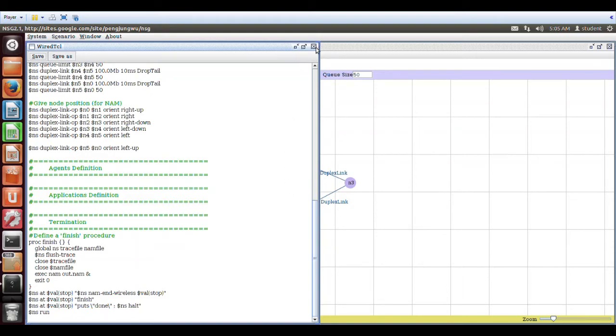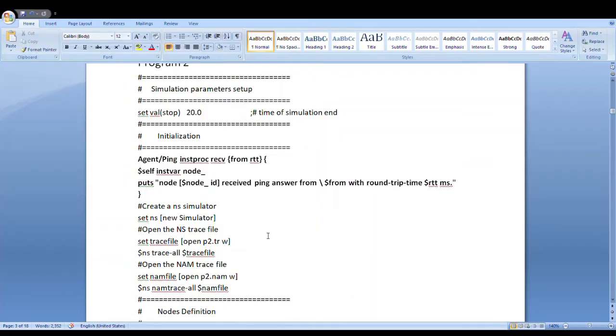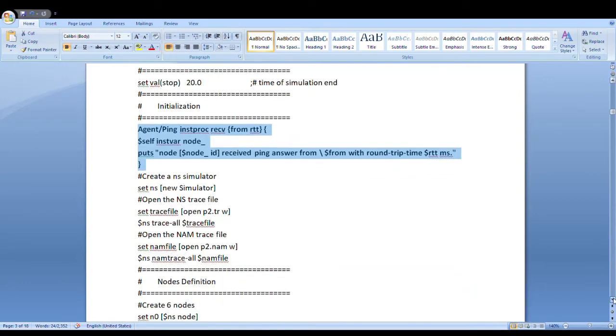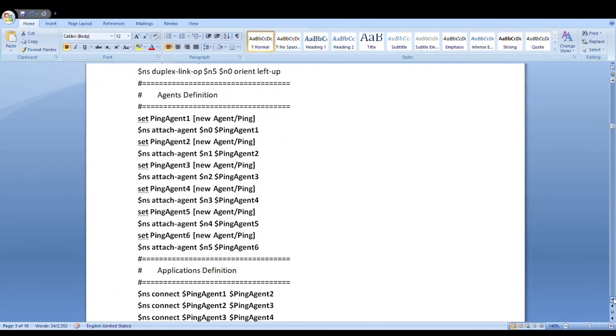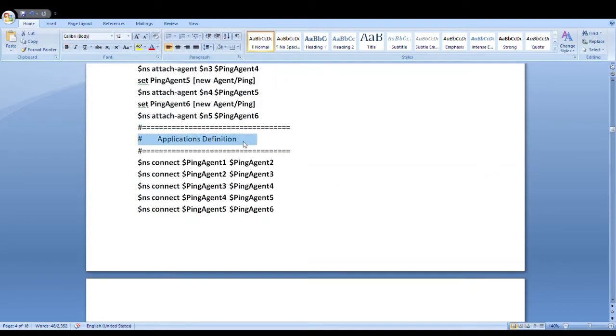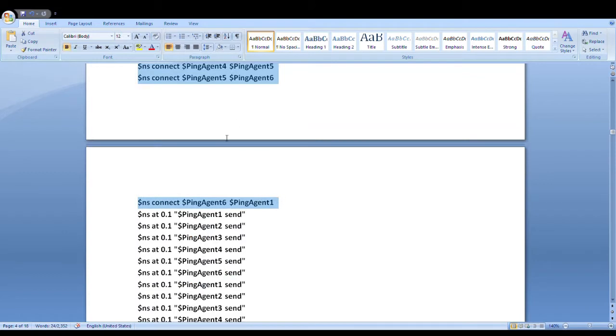The parameters include: first, under initialization, you have to give the agent definition. Then you have to go down to agent definition, where you have to give the agent definition for all the 6 nodes, a different agent. Next you have to give the application definition, where you have to connect all the ping agents to one another.